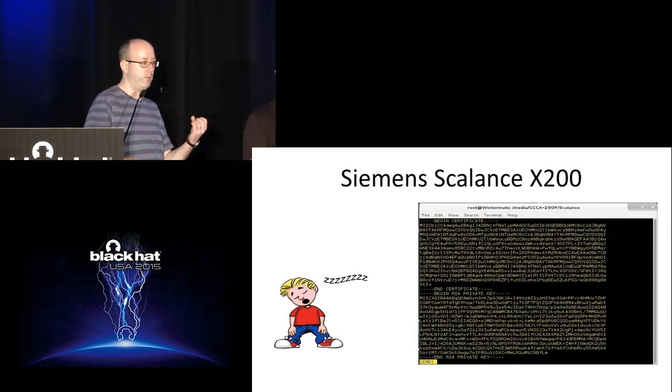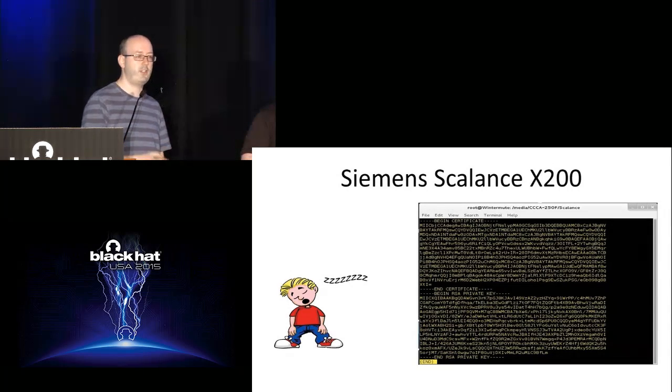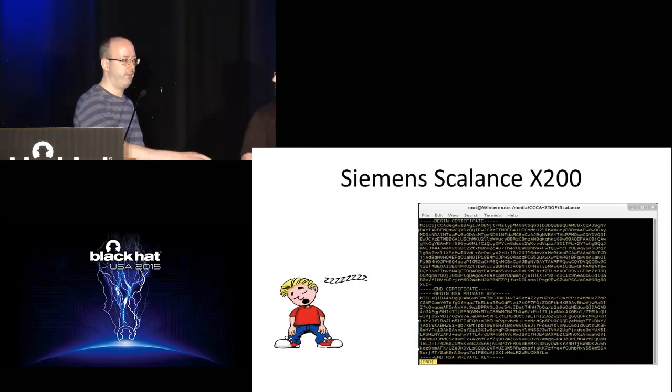We had a bit of digging about to see what they were used for. They were actually used for the HTTPS traffic between the management planes. So as you plug yourself in and talk to the device and configure it and all the rest of it, these are the default private keys that are used to secure that session. So just by downloading the firmware, anyone could essentially man in the middle that process,